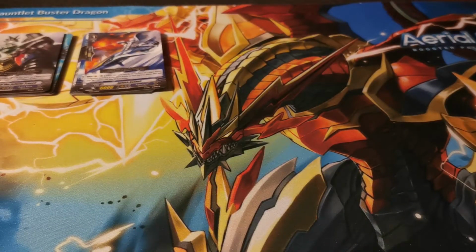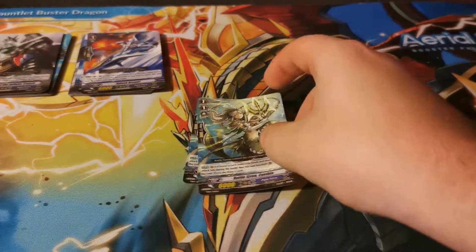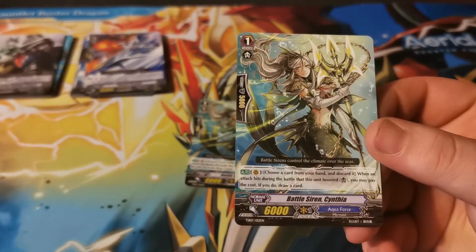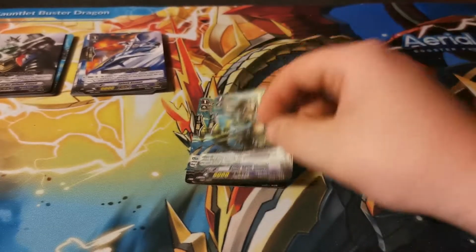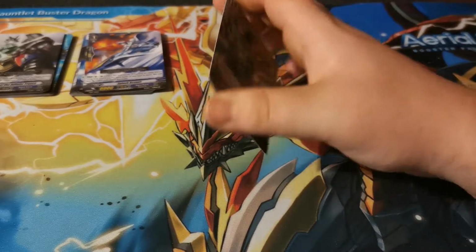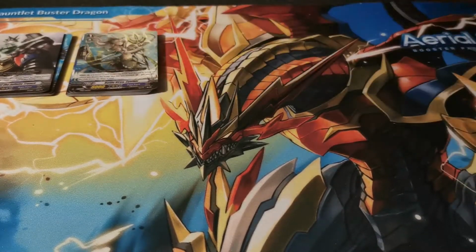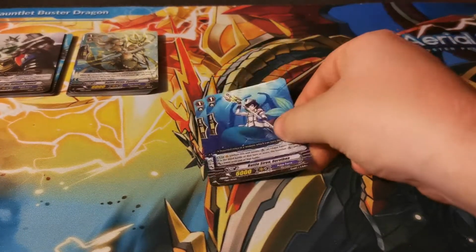Next up, we have 2 copies of Battle Siren Cynthia. And its skill is, choose a card from your hand and discard it. When an attack hits during the battle that this unit boosted, you may pay the cost. If you do, draw a card. Those types of skills I'm normally hit or miss on, because depending on your hand, you can drop something good and end up drawing into something bad, but it's the risky play with those kinds of decks. So next up is Battle Siren Dorothea,